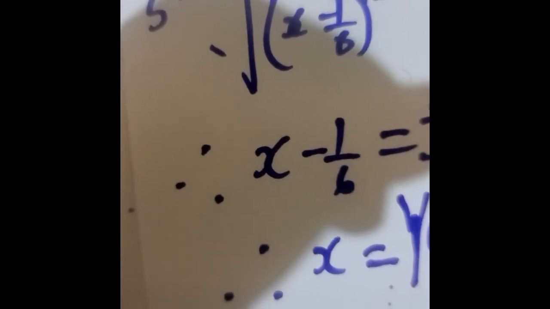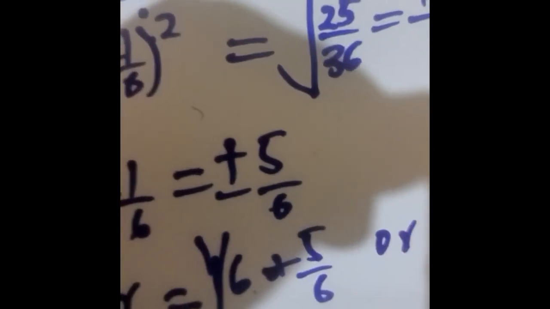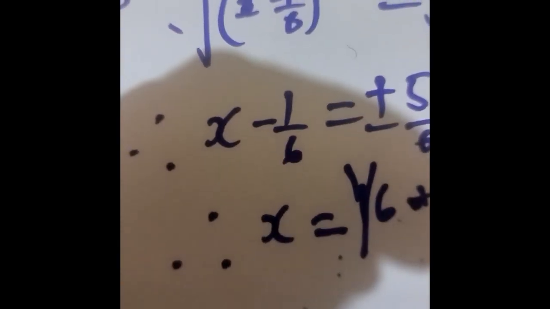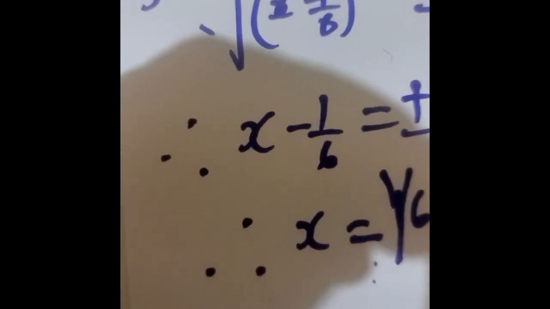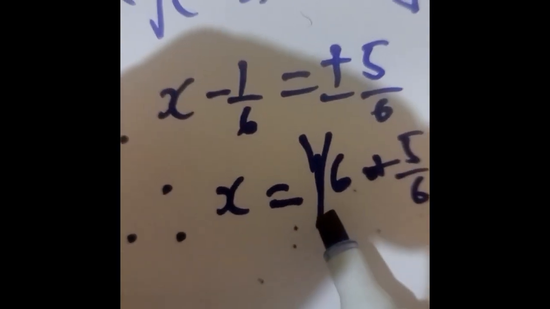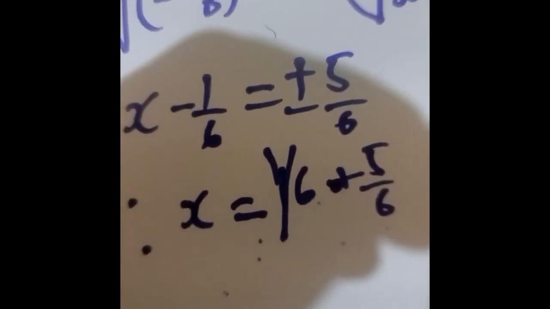when we take this negative 1/6 to the other side, it becomes positive. Either 1/6 plus 5/6, or the same x is equal to 1/6 minus 5/6. Remember, on the right-hand side we had plus or minus 5/6. So the first value is 1/6 plus 5/6, or the next value is 1/6 minus